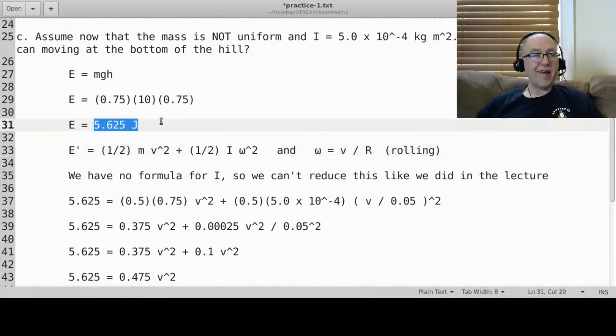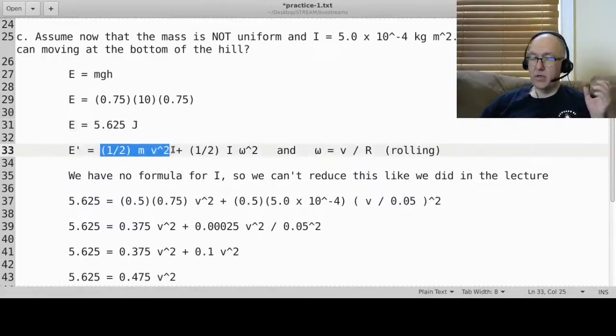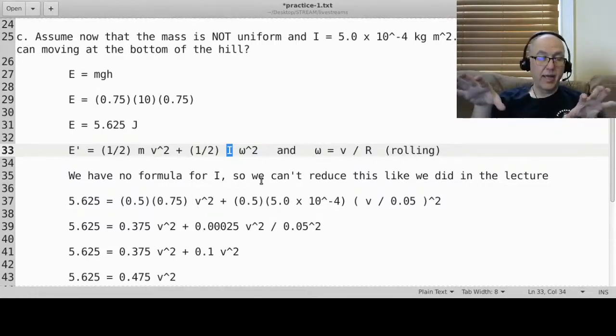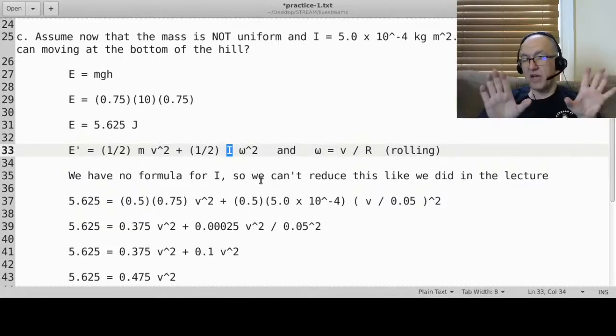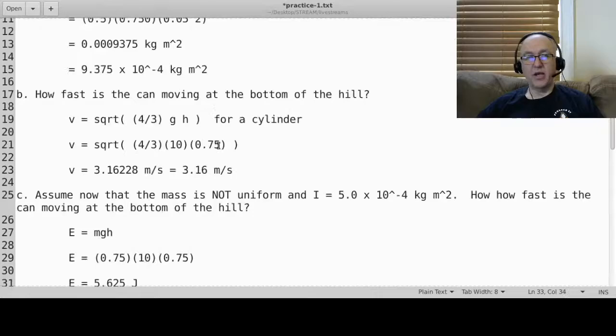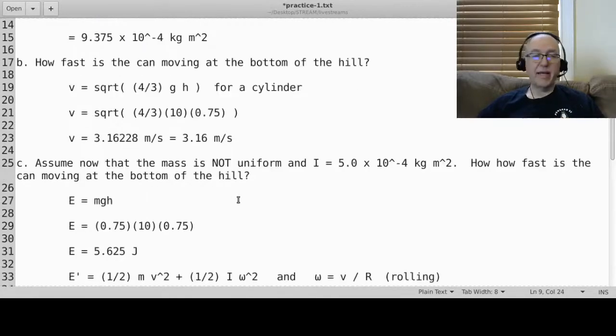That 5.625 joules, some of it goes into this energy here, translational kinetic energy, and some of it goes into rotational kinetic energy. How much goes into one and how much goes into the other depends on how big I is. So that's what I was talking about above: the energy goes into both translation and rotation, but the distribution really depends on I. Now, if you have a formula for I, like we do here, you could just plug it in and then you get